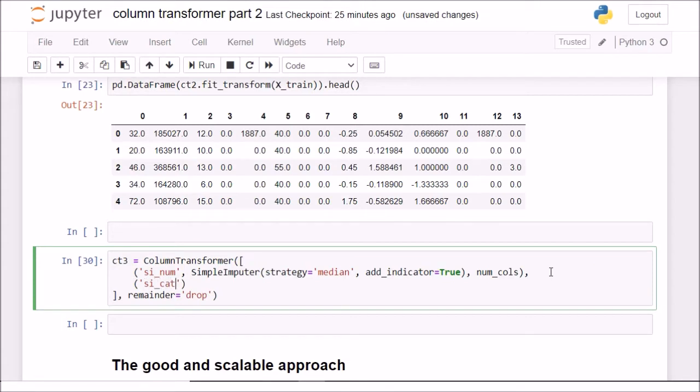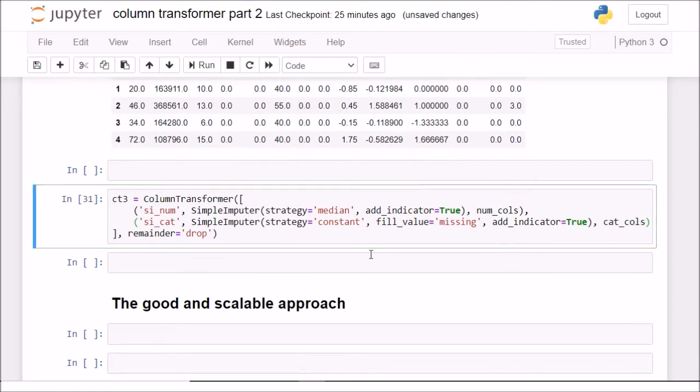It will work this time because the column names are not overlapping. I'll use a simple imputer, set the strategy to constant because these are categorical columns, set the fill value to missing, and set add_indicator equal to True. I want to do it on the cat cols columns.